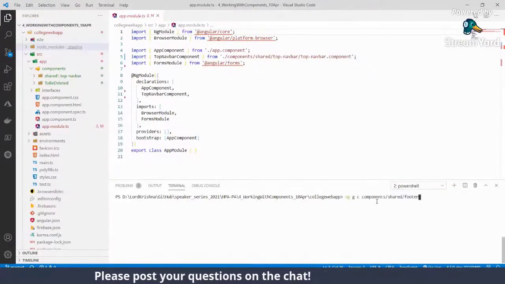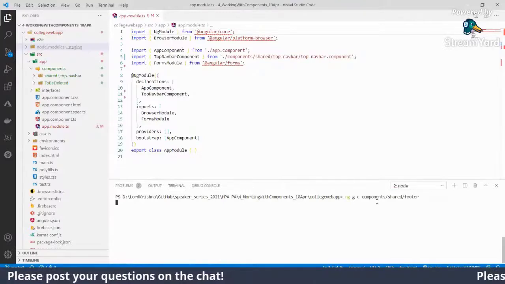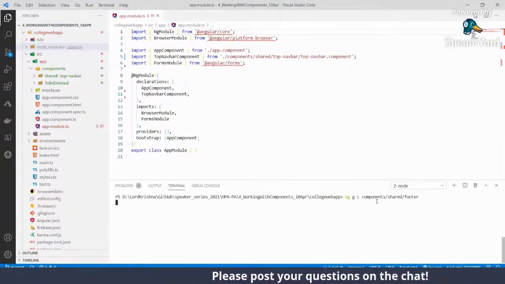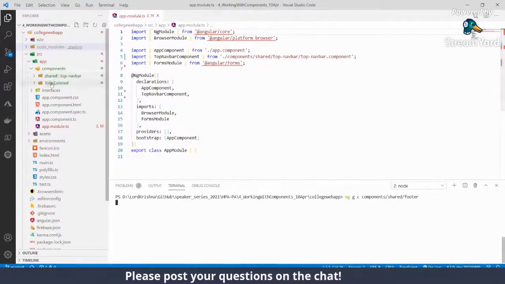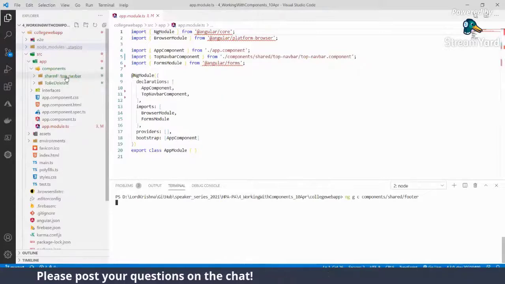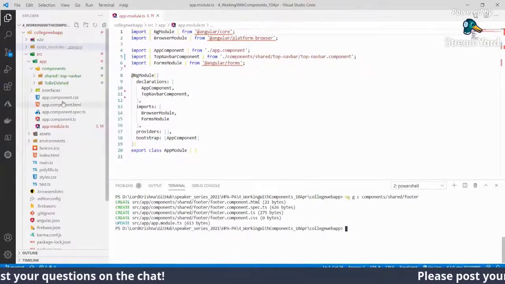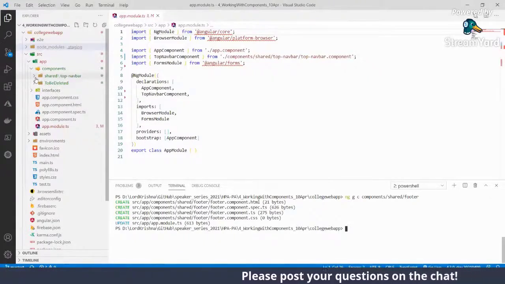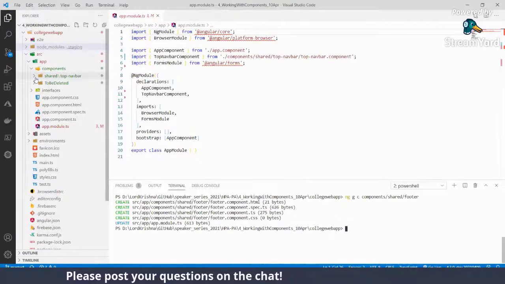So I'll come back over here and I will create a new footer component. It has to create the footer component under this shared folder. For some reason, you see this, it has created under this components shared.